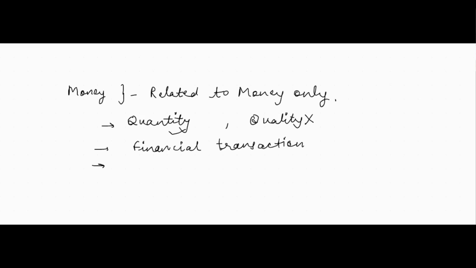Money, financial transactions. We have to maintain all the financial transactions. The transactions regarding the finance. Finance means regarding the money. All terms are similar, but why I'm telling you in different ways is because in the exam, the question will be, explain accounting features. So you will have to write n number of lines, a lot of things we have to write. So how are you going to write it? You need a good paragraph. So by these points you can classify, like you can make the paragraph. I'm just writing it in a notes manner. Okay. Financial transactions, quantity, and third one is recording. We need to record everything.